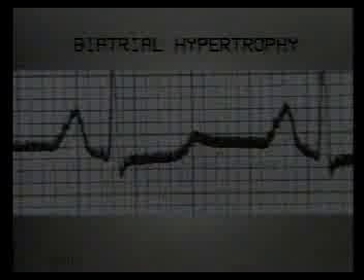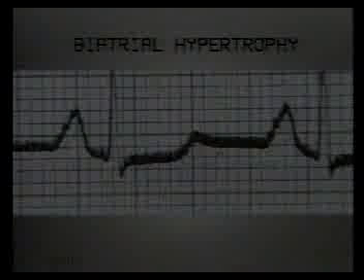It will usually be associated with left axis deviation, and a P mitrale of left atrial hypertrophy may be seen in lead 2. In this ECG, there is normal pattern of QRS complexes from negative in V1 to positive in V6. So let us measure SV1 and RV5 from the isoelectric line.